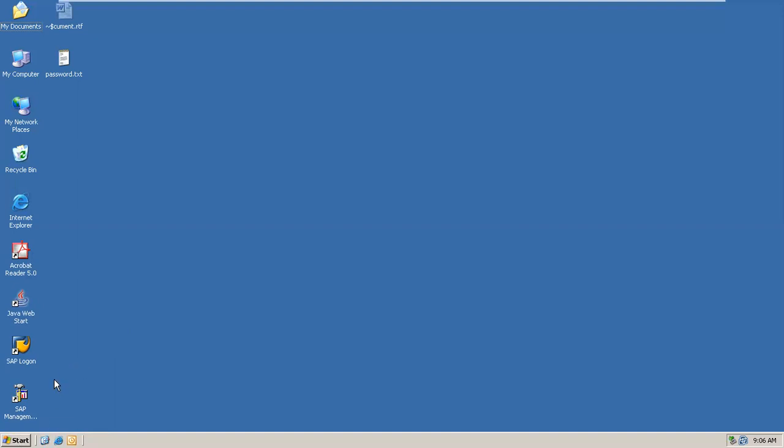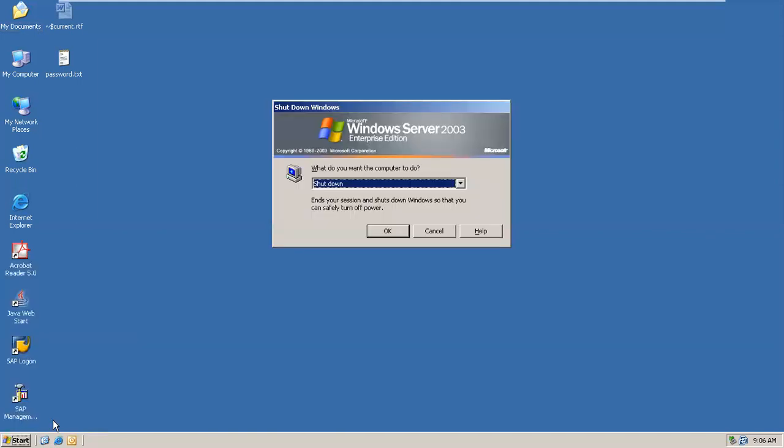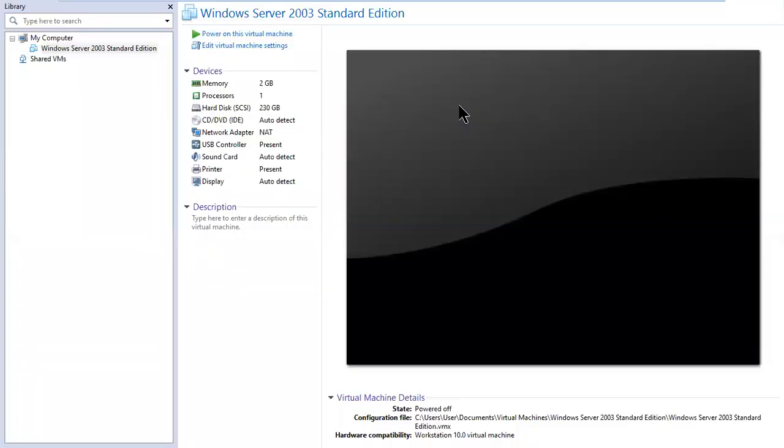So I have shut down my SAP server completely, so I can go for shutting down my VMware as well. This is the best practice. Click on OK here. This is the best practice to shut down your VMware application.